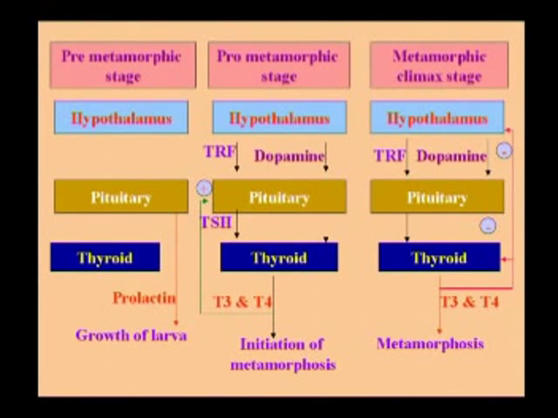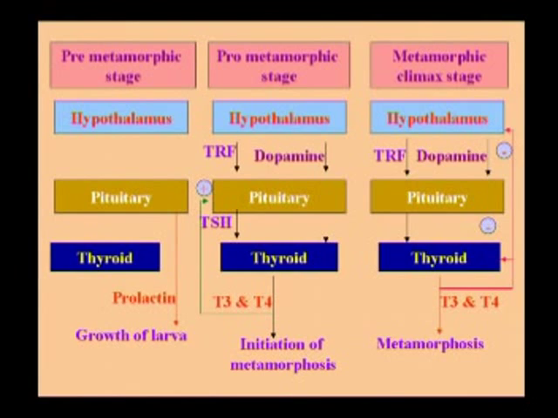By this time, even though the larva attains the maximum size and enters the metamorphic stage, sometimes it won't release the dopamine. The dopamine released by the hypothalamus gives a signal to the pituitary not to release the prolactin. If it goes on releasing prolactin, it enhances the growth of the larva, which never enters into metamorphosis. The growth of the larva alone is enhanced. That is why it forms a giant tadpole.